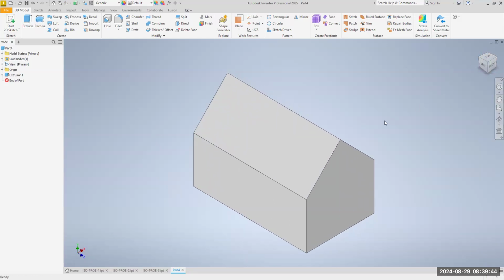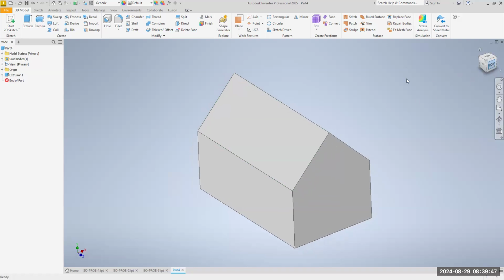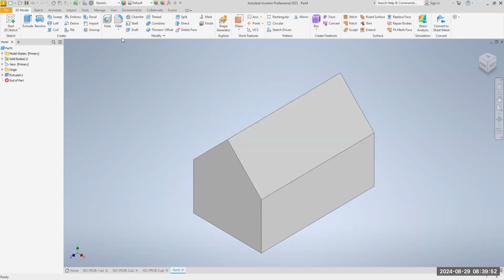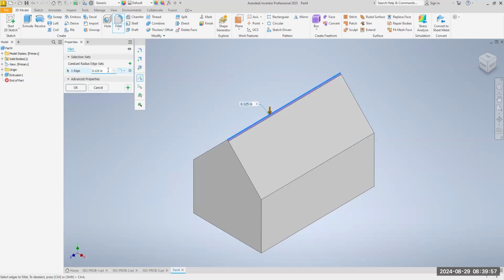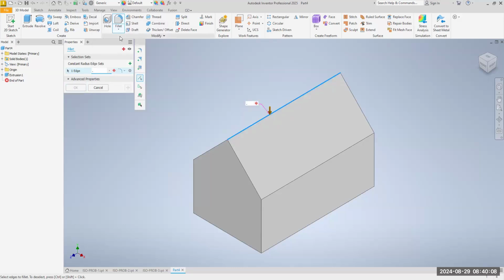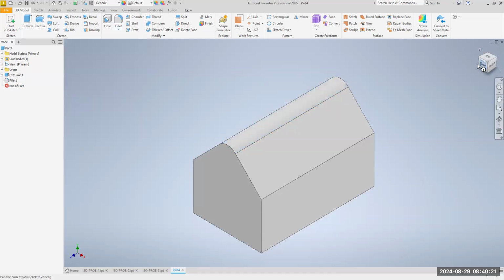Now, what I'm going to do is this is a rounded edge at the top. It doesn't come to a sharp point like that. So I can go to fillet, and I can click on that edge, and I can play with this dimension. Let's say that's 0.125. What does 0.25 look like? Still too small, right? 0.5. Maybe more than that. Maybe 1. Yeah, I like 1 better. Okay. All right, now